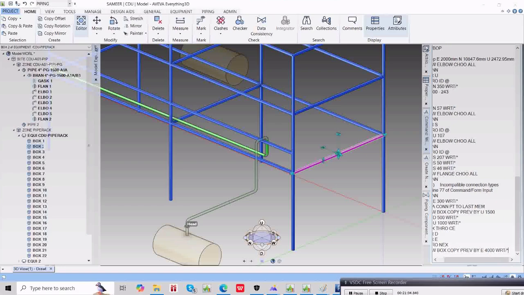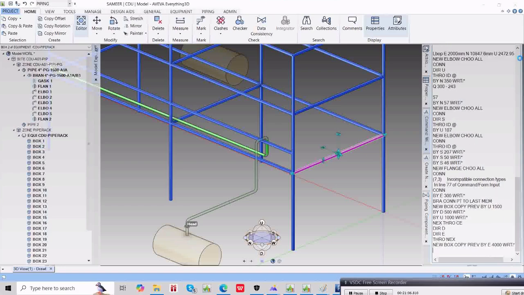4 meter means the distance between the two bays. Okay, so again, this is how your pipe rack has to be made. There is an intermediate member here, so that is also going to be used as a support for the